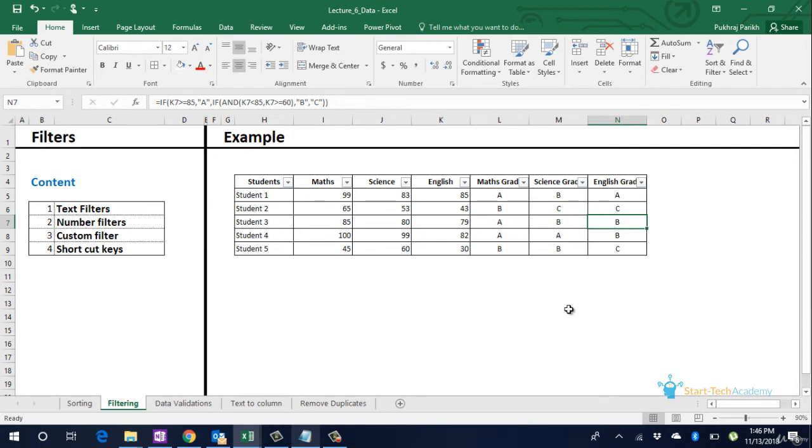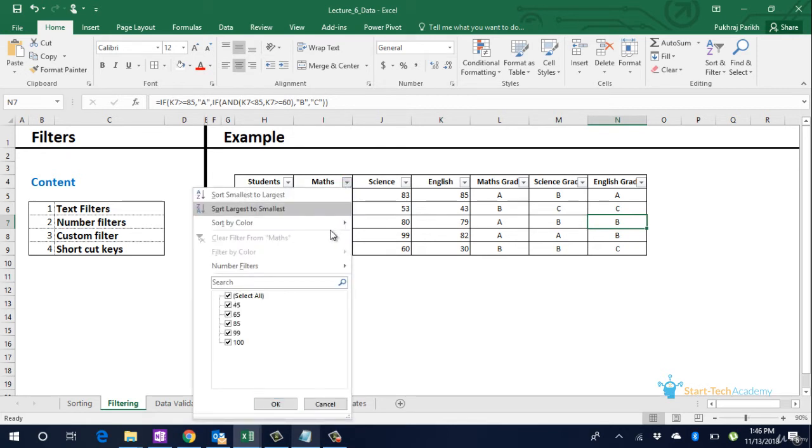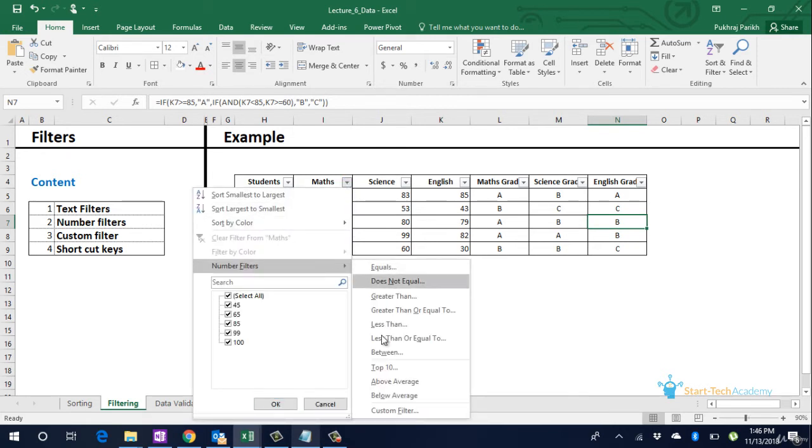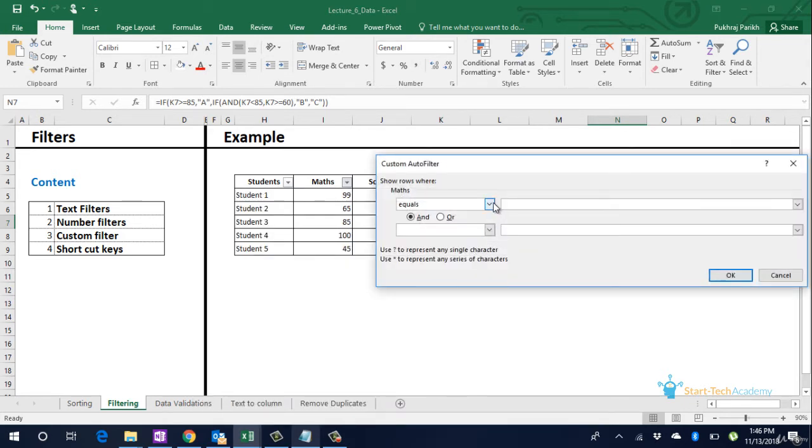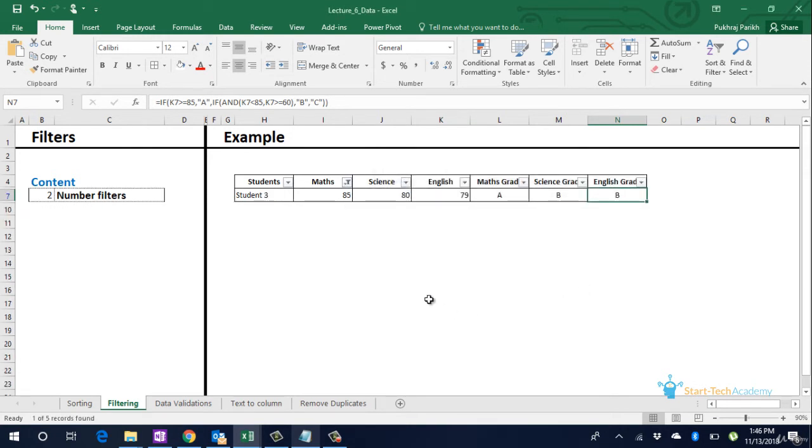If the column contains both numbers and alphabets, custom sort filter can be used, as it shows both options of text filters as well as number filters. For now, let us just put a custom filter on maths marks only. Let us go to custom filter, and first we will put a greater than filter of 75 marks and a filter of less than 90 marks. So only one student who has actually scored between 75 and 90 is remaining in this data. Other students have been hidden.